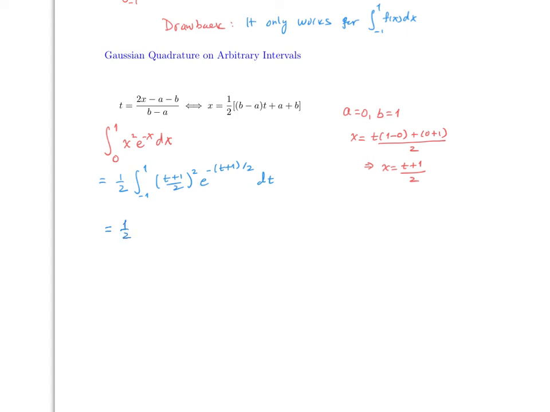So this will be 1/2 times 1, times f of minus 0.577350 and so forth, plus 1, everything divided by 2, plus 1/2 times 1 times f of 0.57735, keep it going, plus 1, divided by 2,